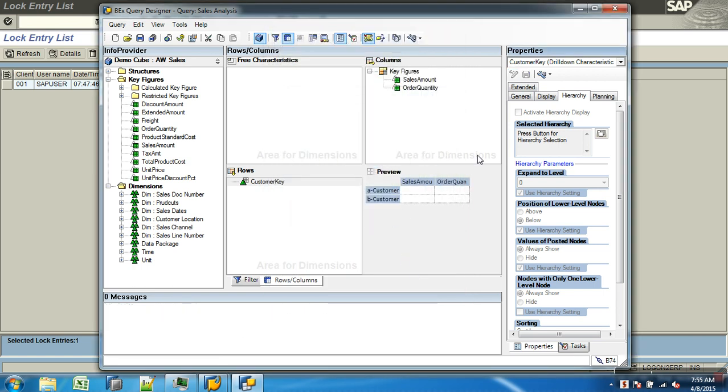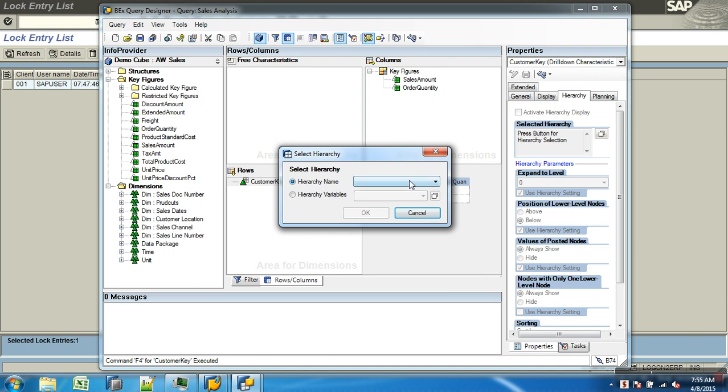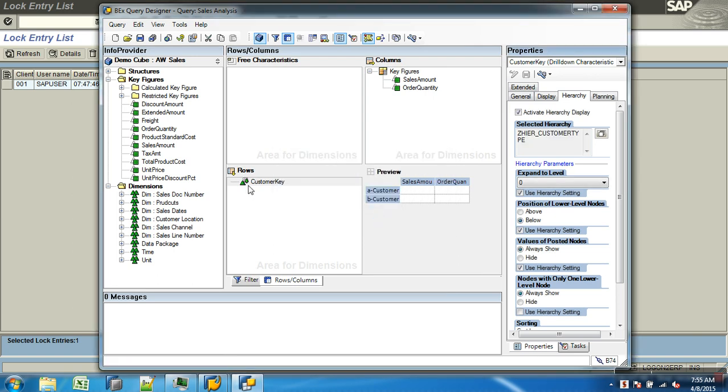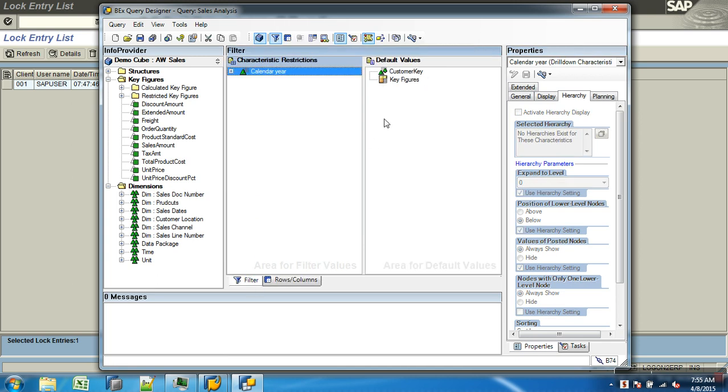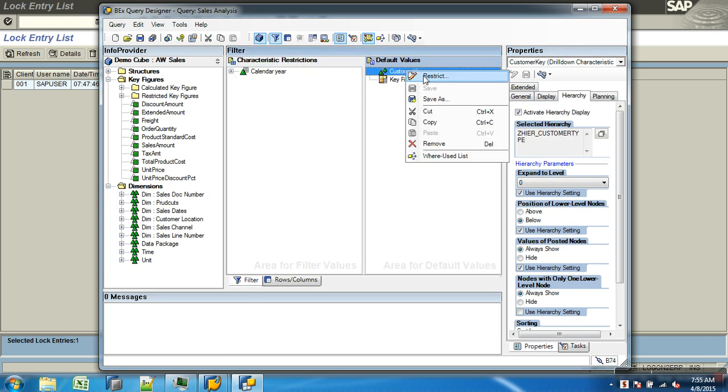That is hierarchy variable. Let's say I fix some hierarchy, say customer type. Okay, now you see a tree-like structure. Now when you try to restrict on this, now